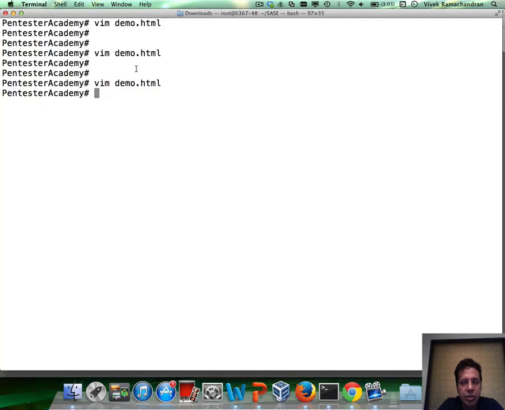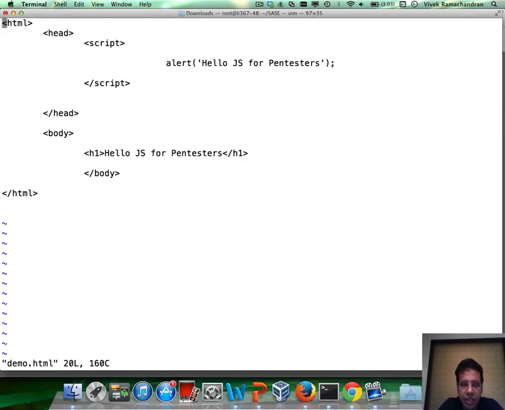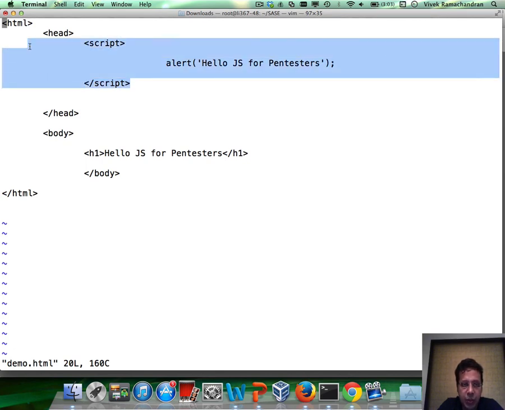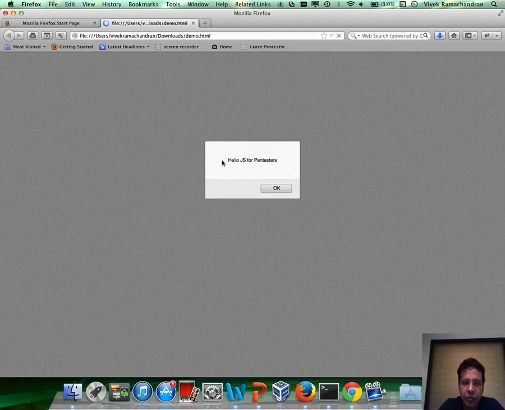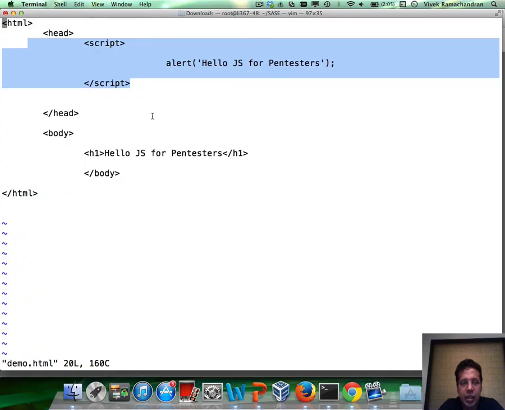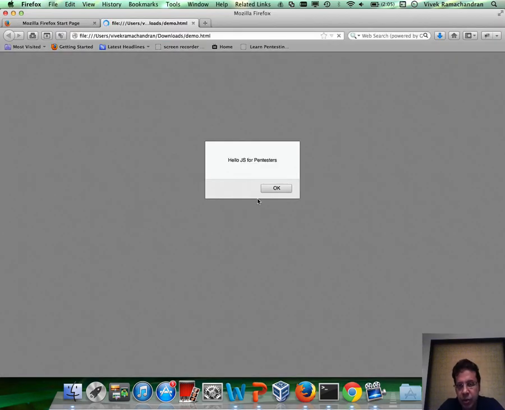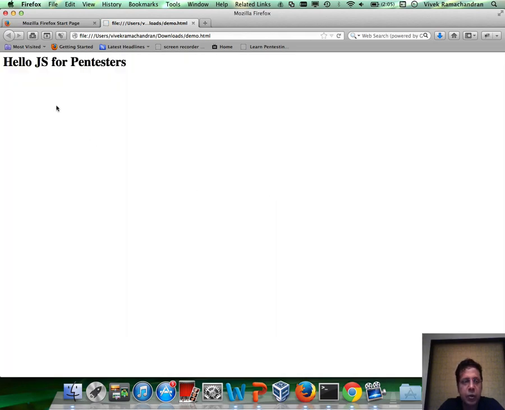It's simply because the JavaScript code is executing sequentially. The browser executes what it encounters sequentially, and this code is the one which is currently executed. And when we call alert, it waits for the user to click on OK, and only after we click OK, the rest of the part would be executed and rendered. So if I click OK, you would now find that the rest of it, hello JS for Pentesters, is now printed